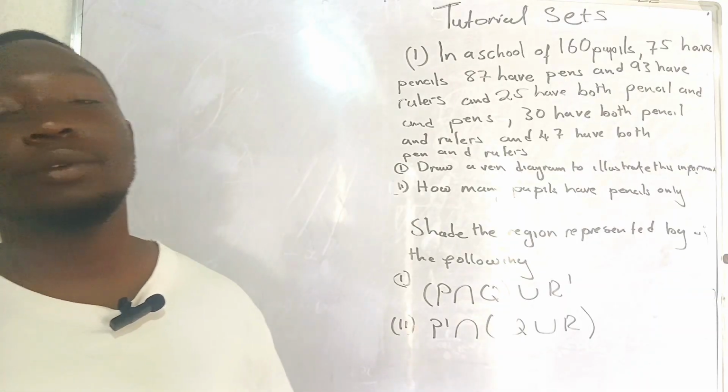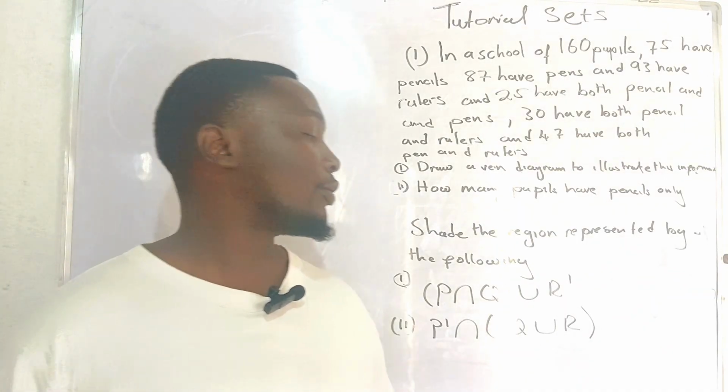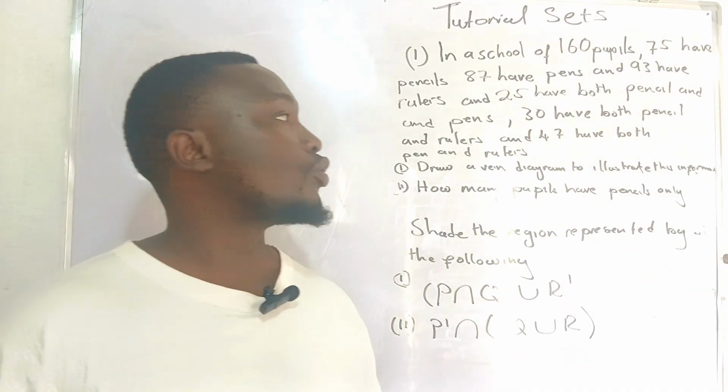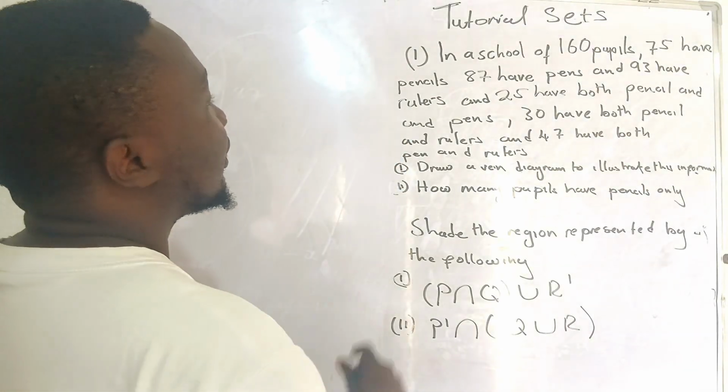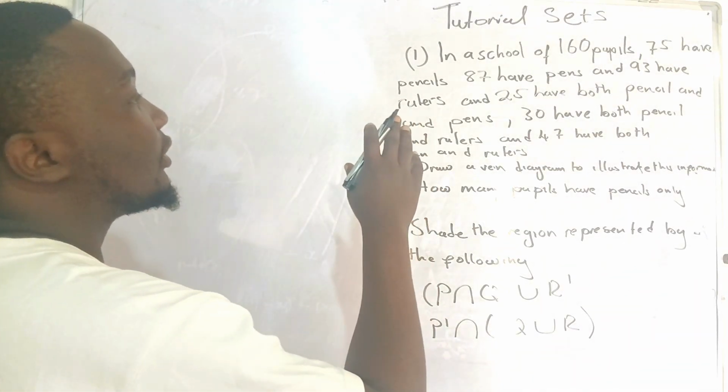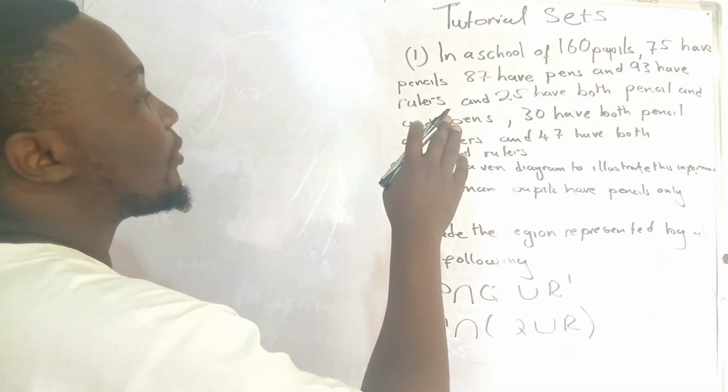And today we are going to do a tutorial to conclude the topic. So the first question that we're going to do on our tutorial is: a school of 160 pupils, that's the total number of pupils in a school,